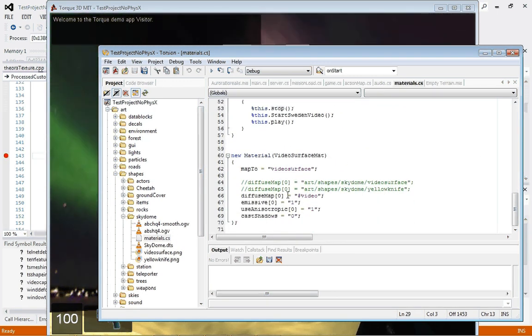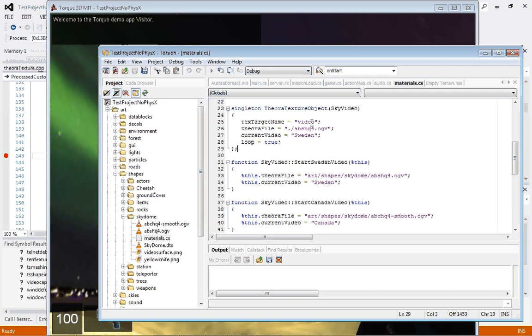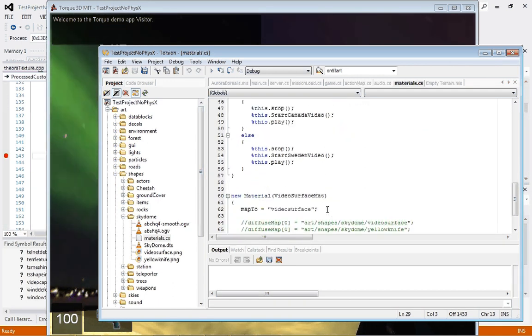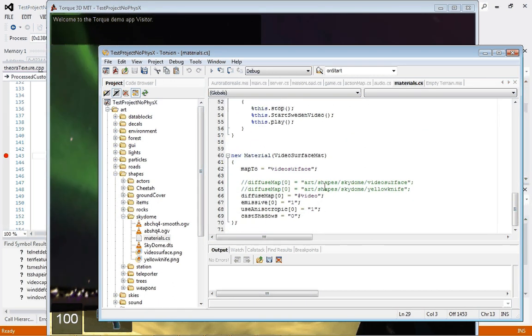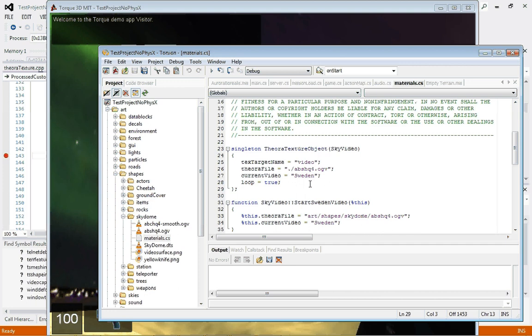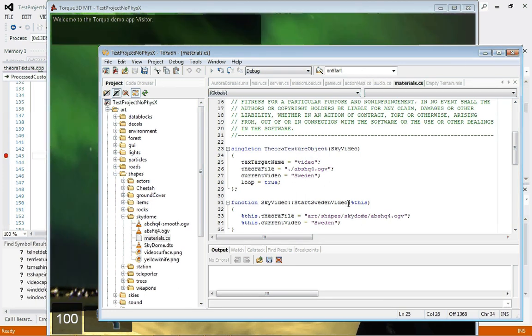set a new material. Map the diffuse map, which is the basic first map, the bottom level map, I believe, to pound video. If you remember, we named it video. We'll map it to video. It doesn't have to be named video. You can name it whatever you want. As long as we map the one on the bottom to that, then it'll work. In the game,